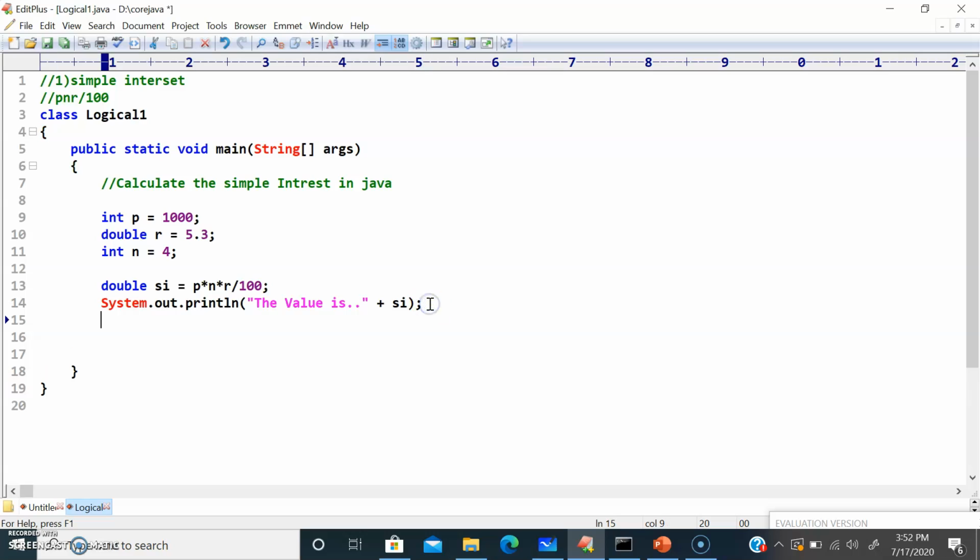So let us check the condition. Boolean logic. So I'm giving my variable name as logic. I'm going to say P is not equal to N, then I'm going to say P is greater than N, and then I'm going to say R is less than N. In this scenario, I'm going to use the AND operator for all these conditions.